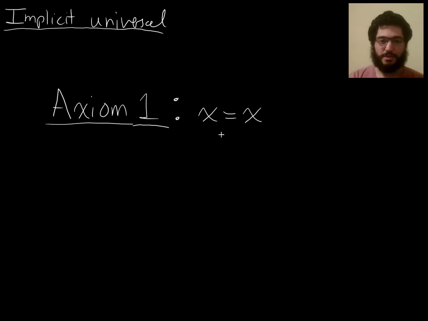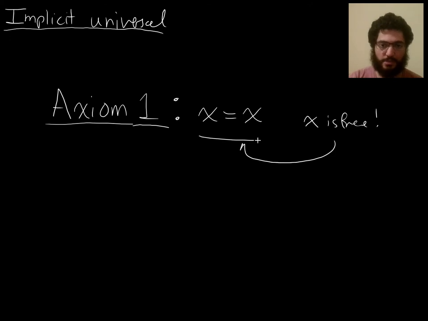Now, what I want you to notice is that in this statement, in this proposition, it looks like X is free. It's not bound. So if I were to express what this is saying in English, I would say X equals X. I cannot say that without mentioning X. The X here is free. In this proposition, the X is free. So this seems to be about X specifically.